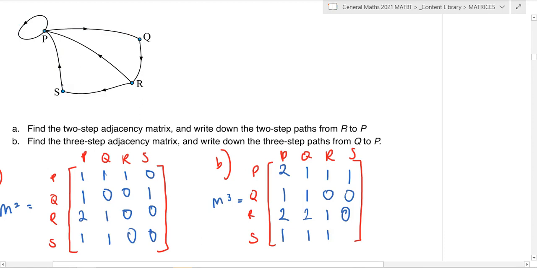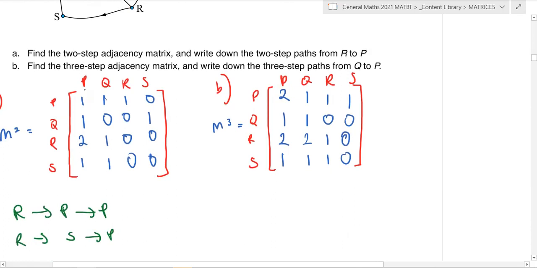And lastly, S to itself. Well, let's see if that's doable. I don't think it is. 1, 2. Nope. 1, 2. Nope. Okay. S to itself, 0. And then from the rest of the question, find a 3-step adjacency matrix, and write down the 3-step